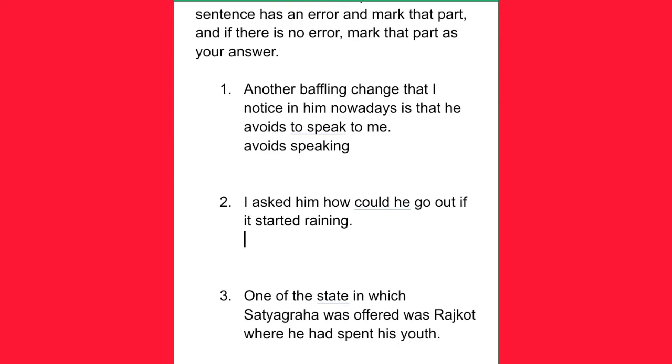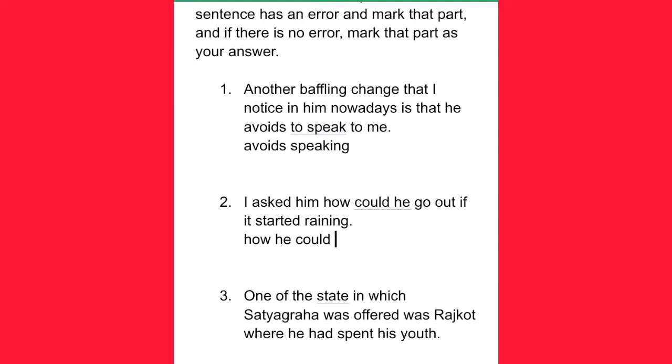What is the error here? It should be how he could. Here you can see that after how in the sentence, could has been used and after could, he has been used, but the correct sequence of these words would be how he could. Could must come after he. Many of you may doubt, or many of you may commit this kind of error,